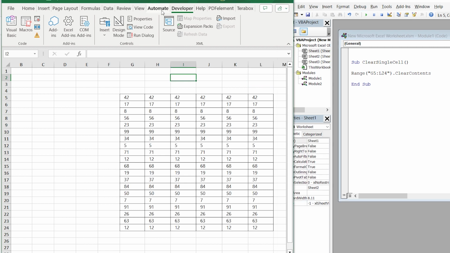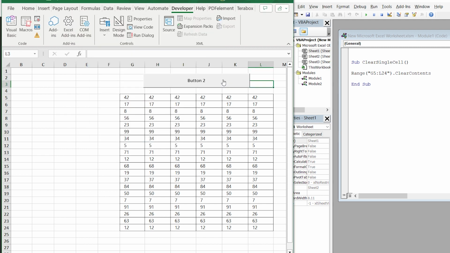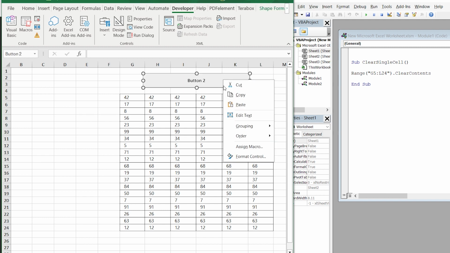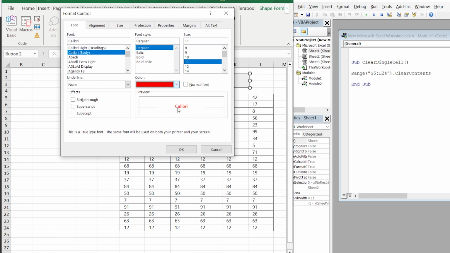The next step is go to Developer, Insert, and let's design our button. As soon as you design it, just choose the right macro. In case you want to modify the button, right-click of the mouse and choose Edit Text. As soon as you're done, you have created your